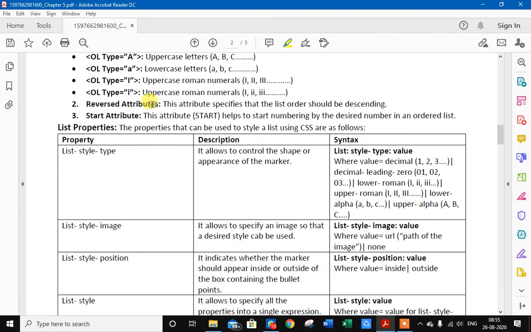And one is reversed attribute. It groups the items in descending order.